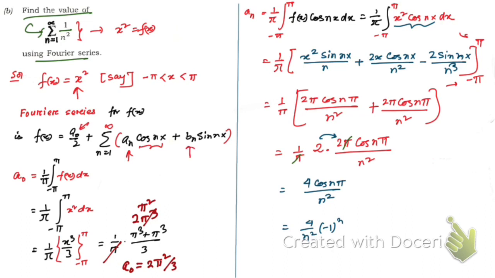Let me show you how to find bn. So let's go to another slide. Now bn will be given by 1 by pi integration minus pi to plus pi f of x